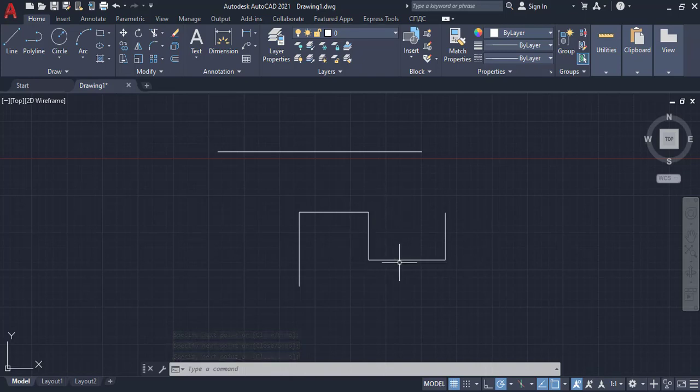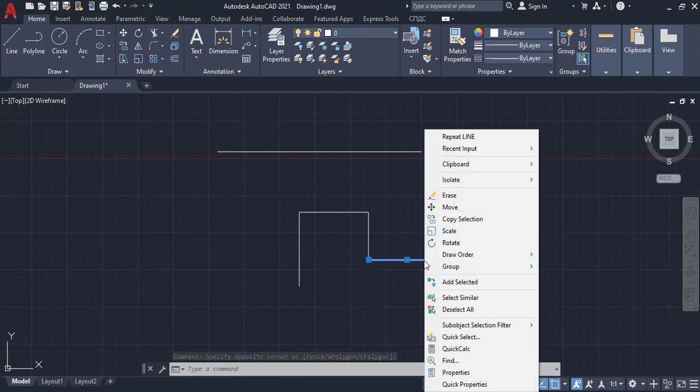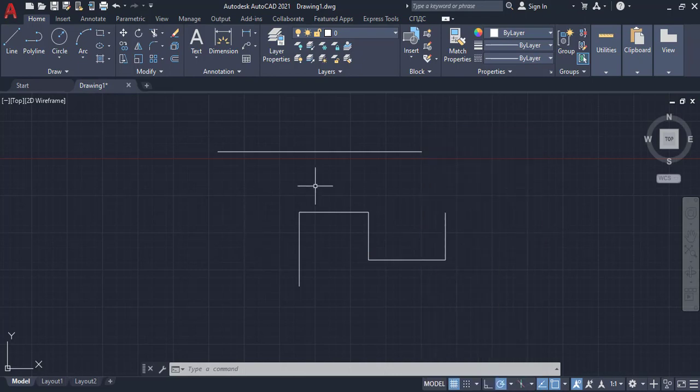Again, if I select this line and now I use the right click, it gives the menu, shortcut menu, so that what we have to do, either erase, move, copy, any we can do as per our requirement. Escape. Here no object are selected.